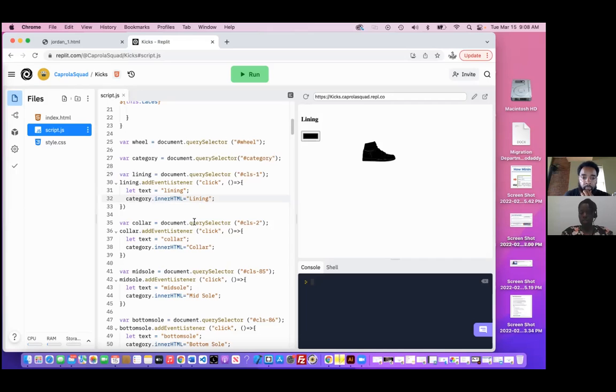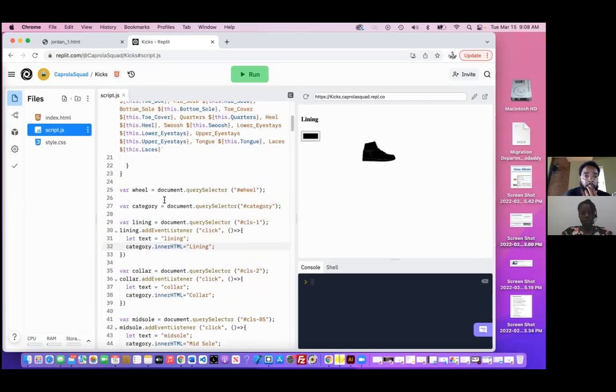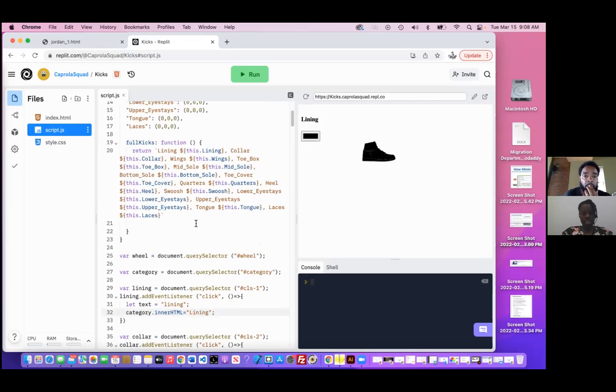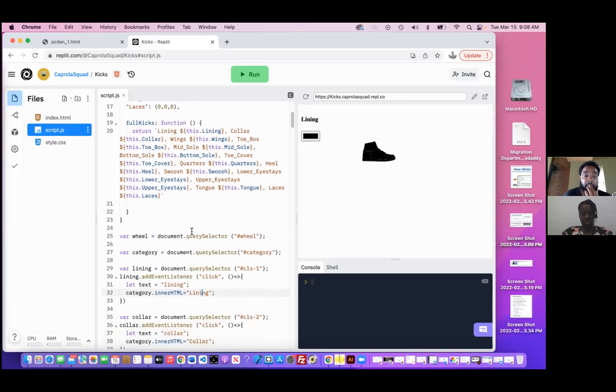So now we're going to link that because it has the same name, or it should have the same name, as the kicks object. And so we're going to access the kicks